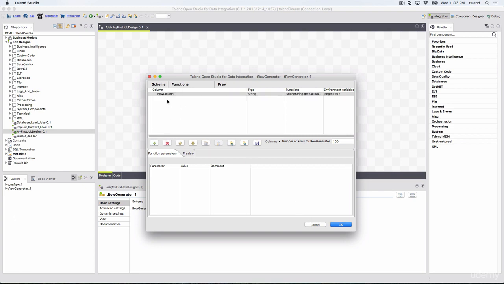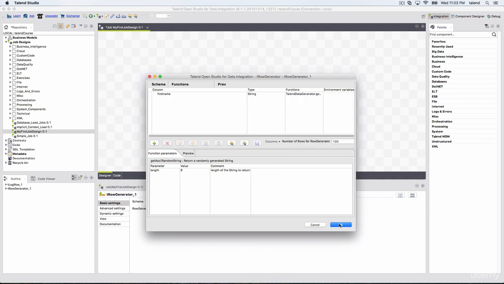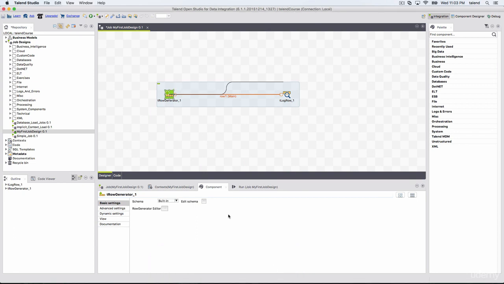So let me add a single column. I will name it first name. It is a string, and for function, I want to generate first name. Click OK, propagate yes. Don't worry about those, at least in this lecture.